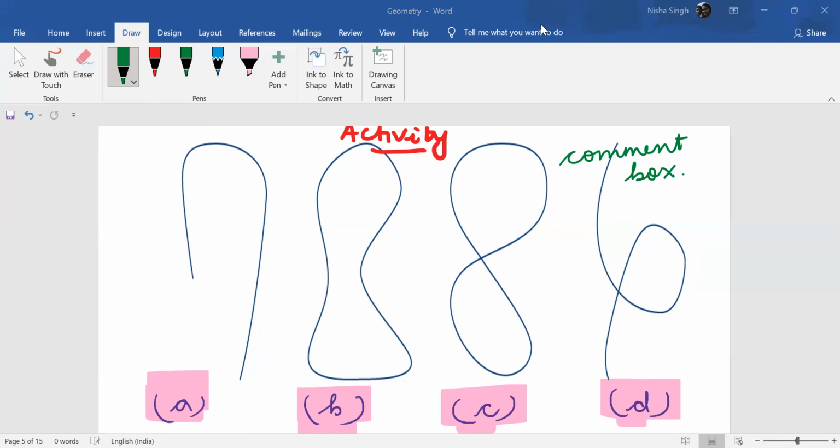I have given names to these curves A, B, C, D. फॉर एग्जाम्पल ए अगर आपको लग रहा है कि ये सिंपल क्लोज्ड कर्व है तो आप लिखोगे ए सिंपल क्लोज्ड कर्व। बी आपको लग रहा है ओपन कर्व है तो आपको लिखना है बी ओपन कर्व। फॉर एग्जाम्पल आई एम गिविंग इट एज एन एग्जाम्पल, ये आंसर नहीं है, आंसर यू हैव टू राइट इन कमेंट बॉक्स।